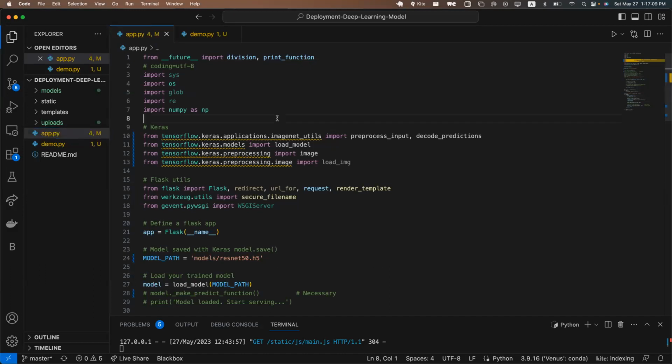So this is using Flask and TensorFlow. Have any of you guys worked with Flask or TensorFlow before? Flask? Yeah, Keras? Yeah. Okay, yeah. So then, is everyone here familiar with web application, web development, a little bit? Okay. So